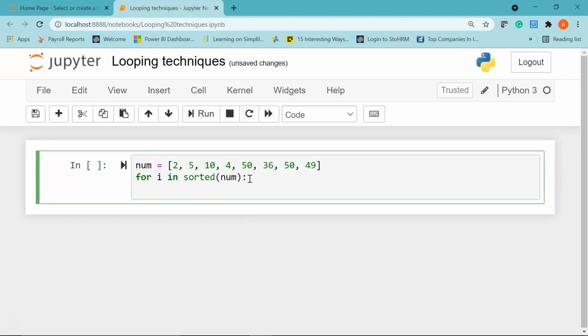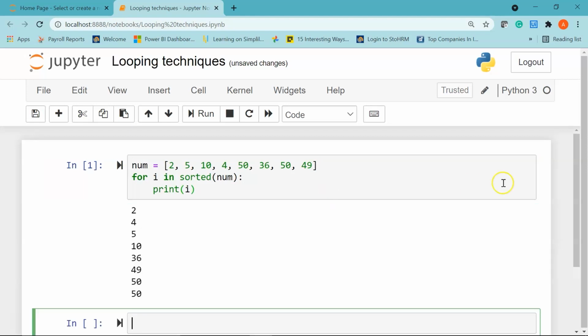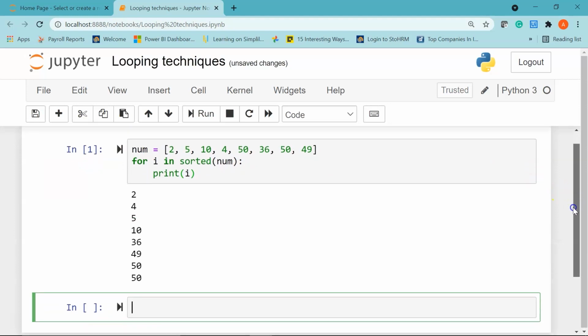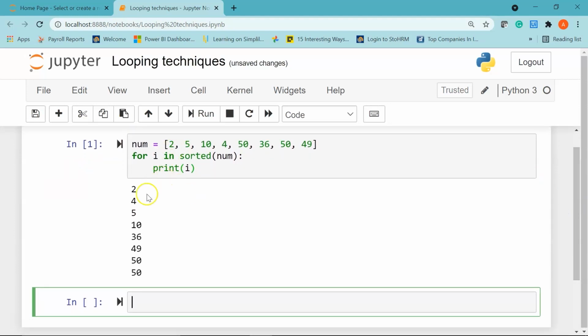Then I'll give a colon and say print i. So let's hit shift enter to run it. Okay, you can see here, Python by default has sorted the elements in the list in ascending order. So we have 2, 4, 5, then 10, 36, 49 and 50.